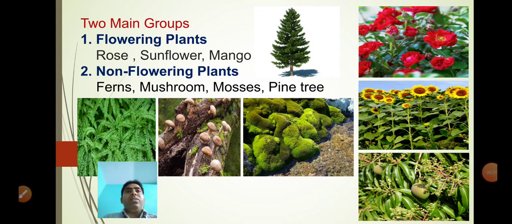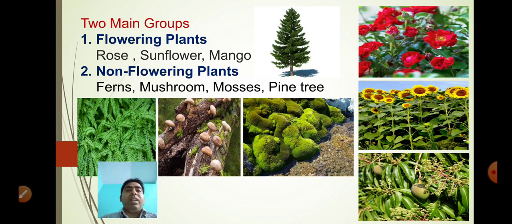Now, as we know, you can see plants all around on the roadside, in the parks, in the houses, upon the mountains and deep in the ocean also. Plants differ in their size, shape and forms. Some plants are big, some are small, some have flowers, some have fruits. So we will discuss here mainly that plants are classified into two groups, that is flowering plants and non-flowering plants.